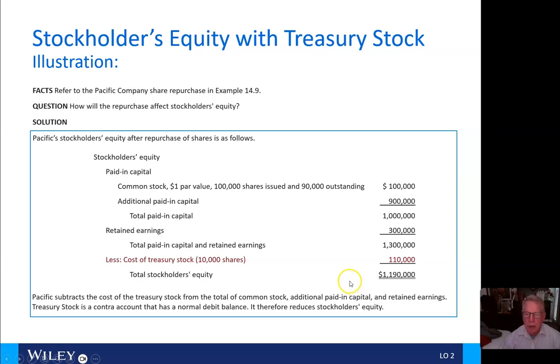Pacific is going to subtract the cost of treasury stock from the total common stock, additional paid-in capital, and retained earnings. Treasury stock is a contra account, and it, of course, has a normal debit balance and therefore reduces stockholders'